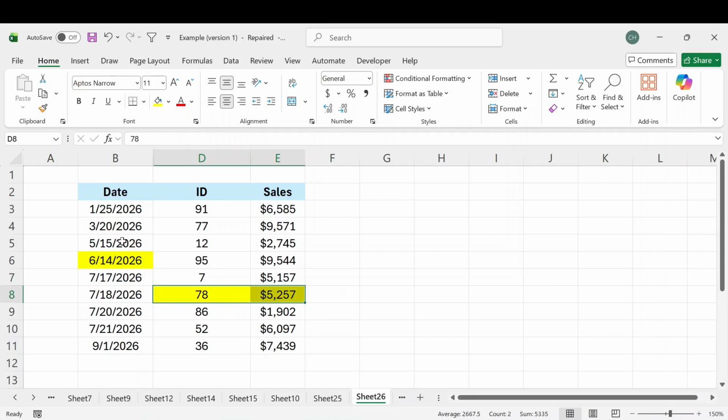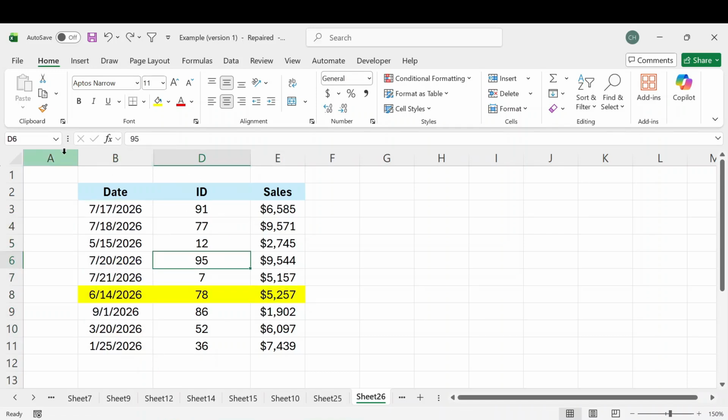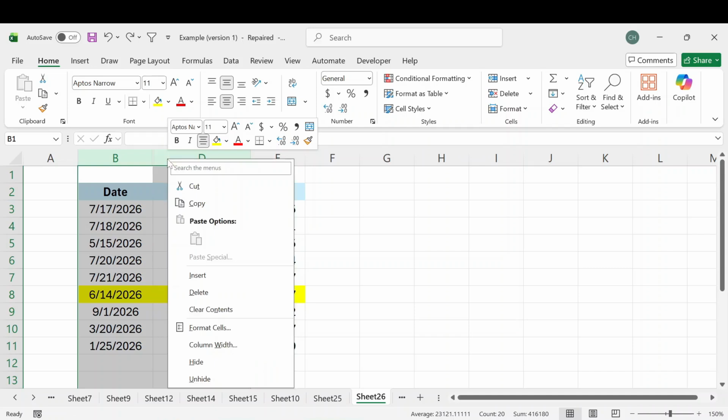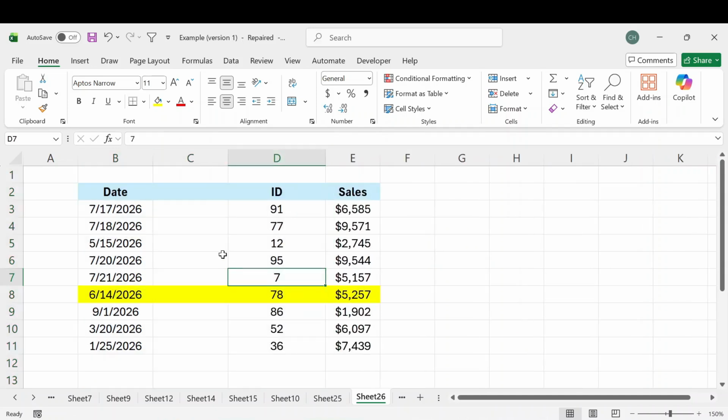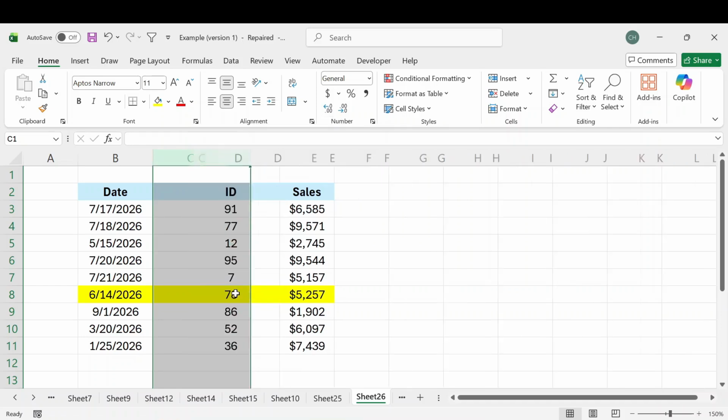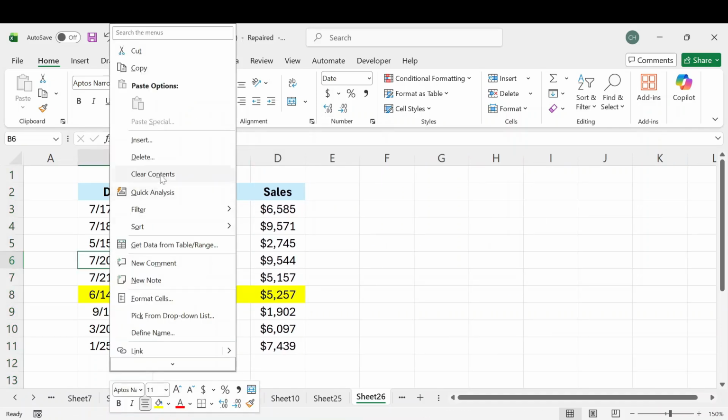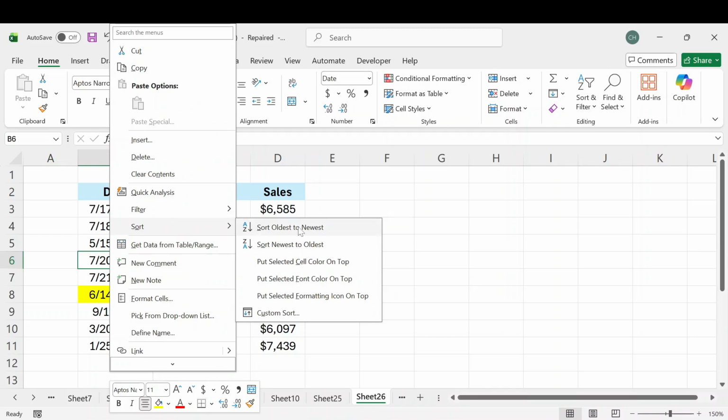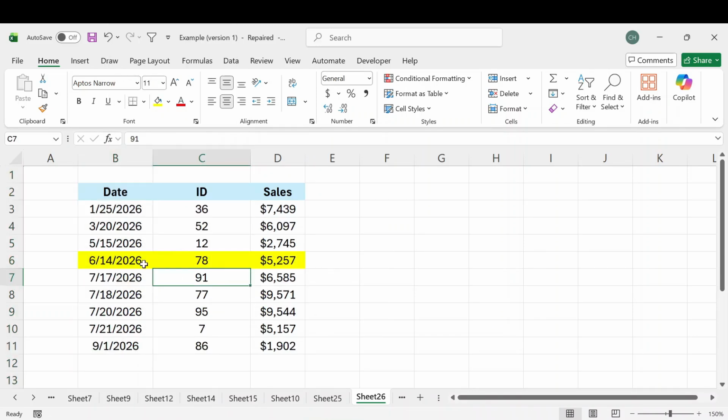Now this typically happens because at some point in your data, there is a blank column. And there are two ways to fix that. I'll just undo this. The first way is to find the blank column. We'll notice that we have columns A, B, and we skip C and go to D, which means there's probably a hidden column here that we can unhide, and we have this blank column. We can delete that column,